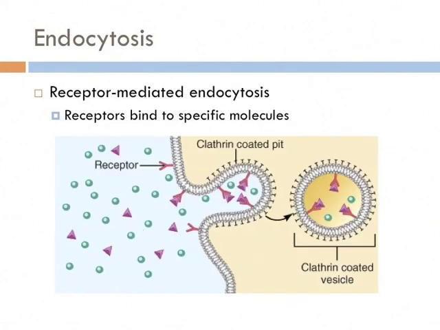Another type of endocytosis is receptor-mediated endocytosis. We said that the cell membrane is embedded with proteins. Well, some of these proteins form receptors. These receptors are like outfielders are to baseballs. They snatch them up. When those receptors fill, they cause a chemical reaction which causes the cell membrane to pinch